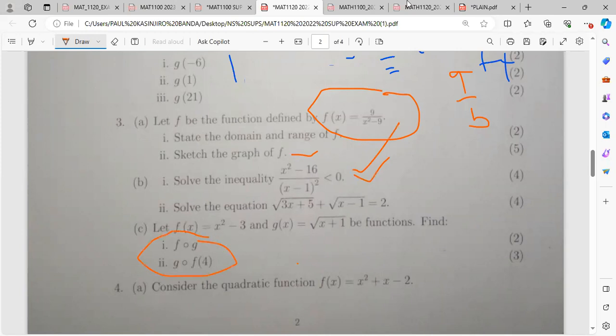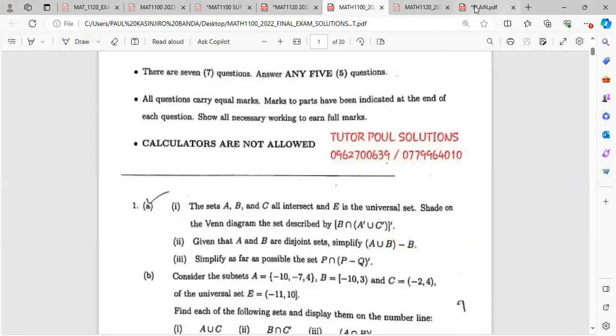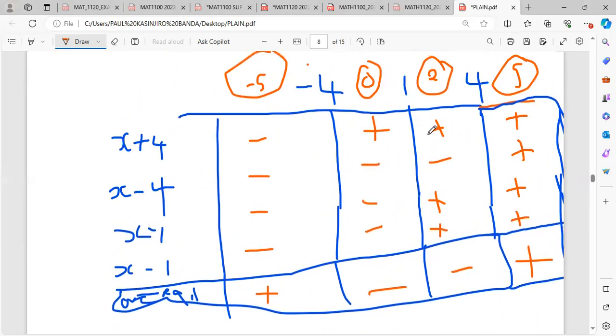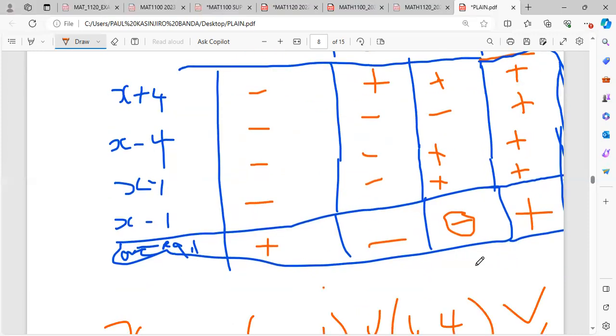Sir, on the third column, how did you come up with a positive sign on the overall? On this one here, which column are you talking about? Yes, that one. Maybe I got it wrong. I'm saying positive multiplied by negative, it's negative. Then that negative we multiply by positive is still negative. Negative again multiplied by positive is still negative. That's how I got this. You got a different one. All right, thank you. I made a mistake somewhere. I had 2 negatives. No problem. So make sure you follow